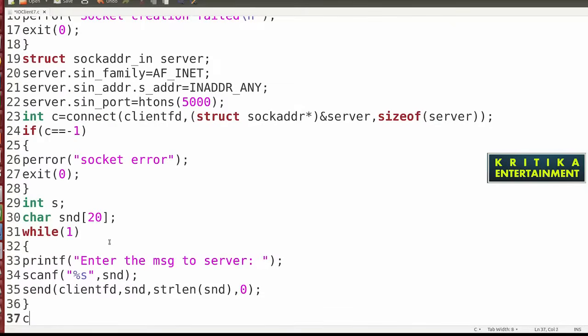Then you can close the connection, close client FD, then close.